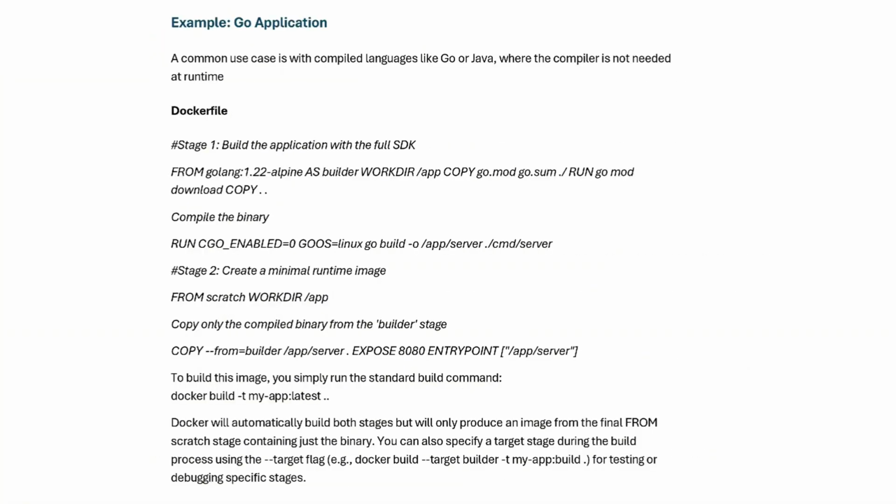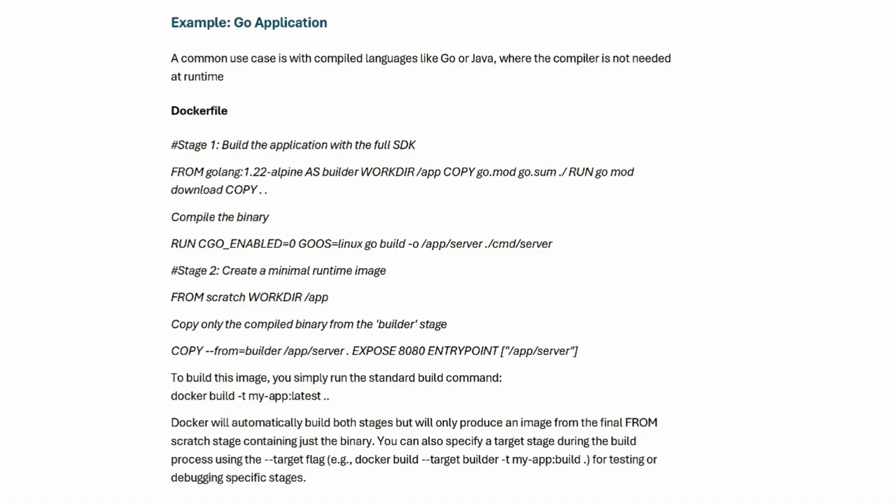So here's the example, that is a Go application. This is a common use case with compiled languages like Go or Java, where the compiler is not needed at runtime. The first stage is building the application with the full SDKs and binaries.